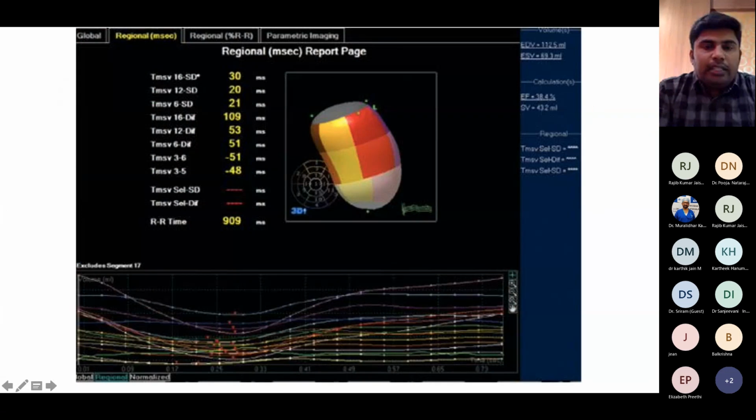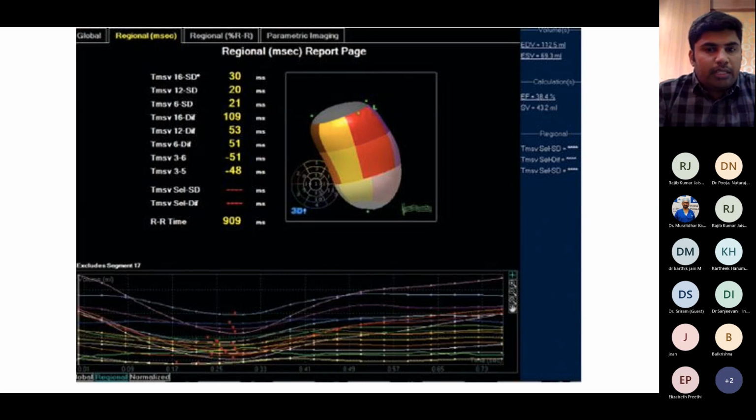So it's quite tedious to visually analyze each segment and document, and it also results in inter-observer variability. So the automated 3D techniques also provide an option to visualize individual segments of the LV. It just follows the LV throughout the entire cardiac cycle. For example, this segment is followed from the end diastole to the end systole till the next cardiac cycle starts. So this gives an idea of